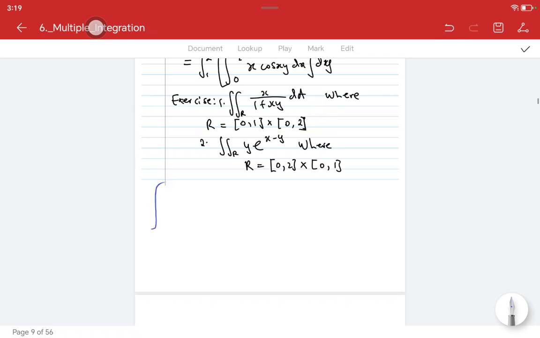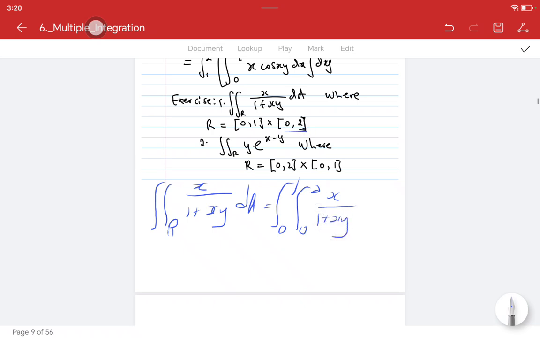let's see, we have the integral of x over 1 plus xy dA. This will be equal to the integral from 0 to 1, from 0 to 2 of x over 1 plus xy. The one which is 0 to 2, I said it represents y, and 0 to 1 represents x. So this will be dy dx, because this one is inside, right? But integrating here with respect to y is going to be a bit difficult, right? Because y is in the denominator. So it's best if we just interchange this